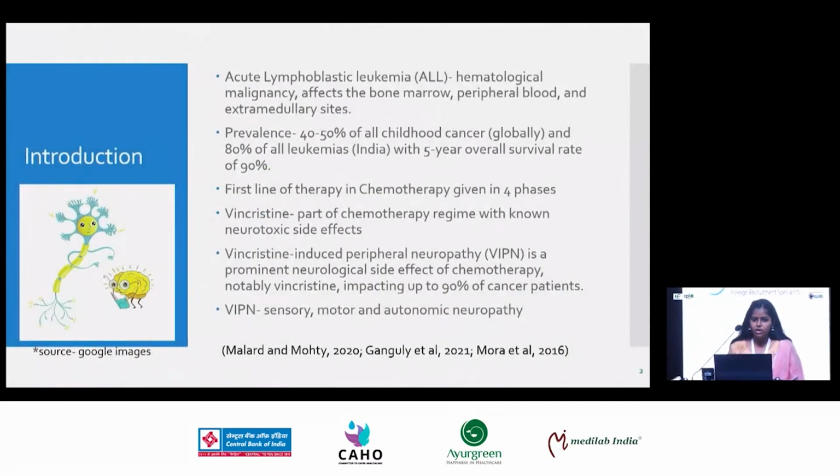ALL is a hematological malignancy caused by progressive proliferation of the progenitor lymphoblasts and affects mainly bone marrow, peripheral blood, and extramedullary sites. It accounts for 40 to 50% of all childhood cancer globally and 80% of all leukemias, with an overall survival rate of 90%. The first line therapy for this is chemotherapy, which is divided in 4 phases, including induction, consolidation, intensification,